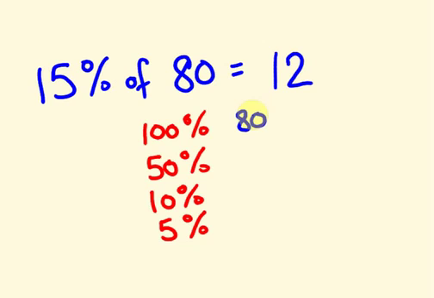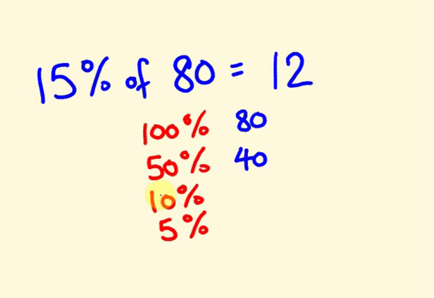50% of a number is half of the number. It's half of 100, because these percent numbers are out of 100. This is 100 out of 100, so it's a full amount. This is 50 out of 100. It's half the number. So half of 80, 50% of 80 is 40. 50% of 12 is 6. 50% of 32 is 16. It's half the number. Now we can work out 10% of a number, which is 10 parts out of 100,